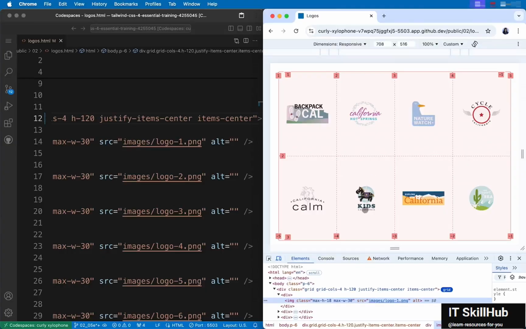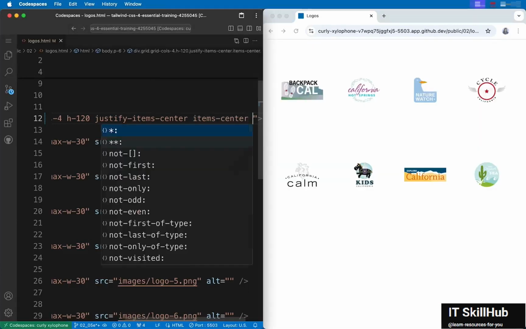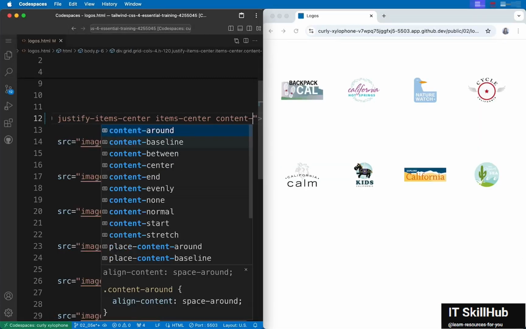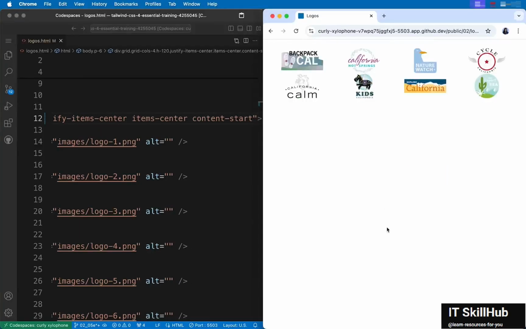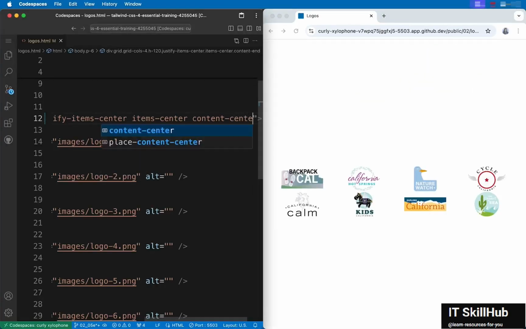Alright, there's another thing you can do. These grid rows, automatically created ones, are right now stretching full width. That's a behavior we can change using the property align-content in CSS, but the Tailwind equivalent is simply content. So the default, as you might have guessed, is content-stretch. If you change this to content-start, the rows are sized in such a way that they occupy minimum height and they will stack to the beginning of the container. You can change this to content-end, they will move to the end. You can do content-center as well.